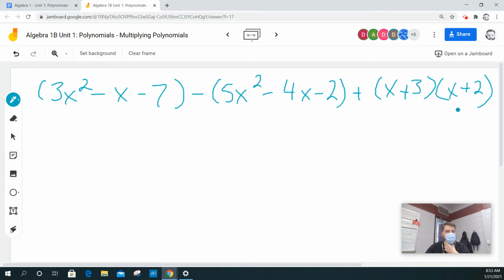So let me just double check, make sure I'm writing everything down properly. Yep. So the first thing I'm going to do is simplify. I'm going to multiply this times this. We can do first, inner, outer, last, well, let's just stick to the box method. So I'm going to say x plus 3